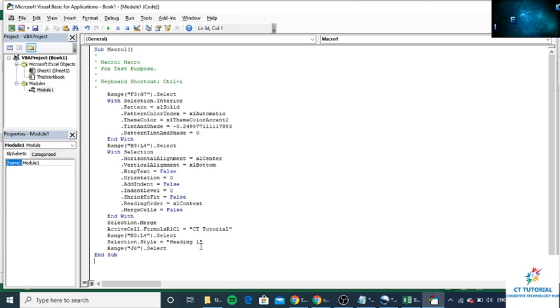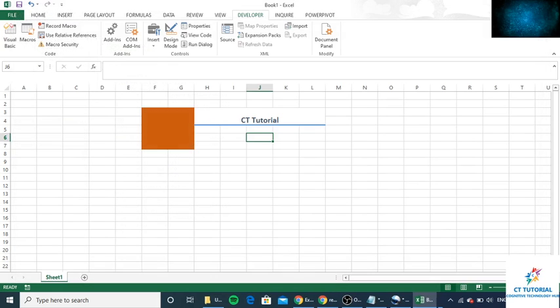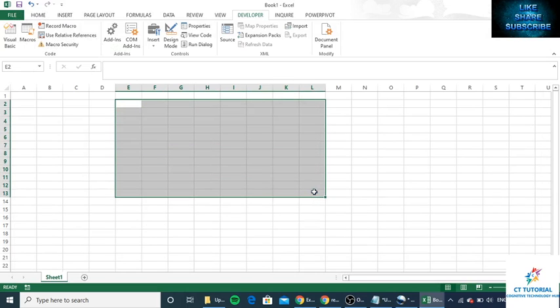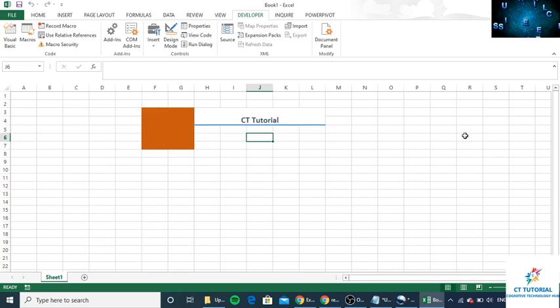I have changed the heading style, and then I have clicked on J6. So let's see how it will perform. We will remove all these things, and I'm just pressing Ctrl I, so the same thing is repeated here.